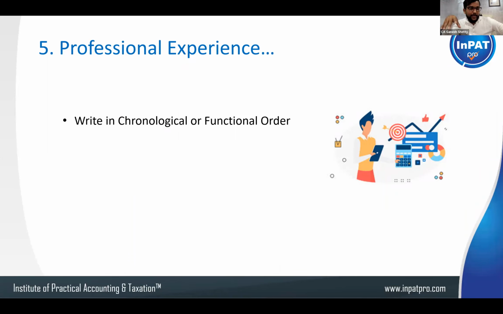For example, I worked as an HR initially for 1 year, 2 years I worked as an accounts payable, and the last 2 years I worked as an accountant. Now, if I am focusing on HR, what should I do? I should focus more on the HR designation. It need not be in chronological order. It can be that first itself is HR: I worked as an HR, I learned all these things. The period will be less.